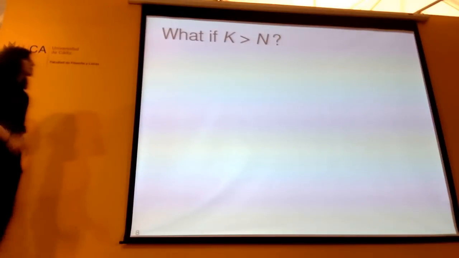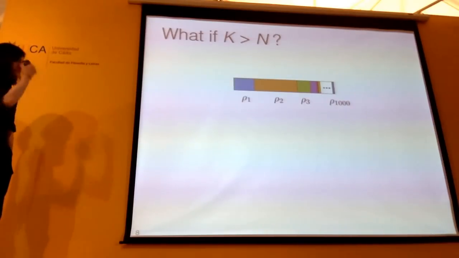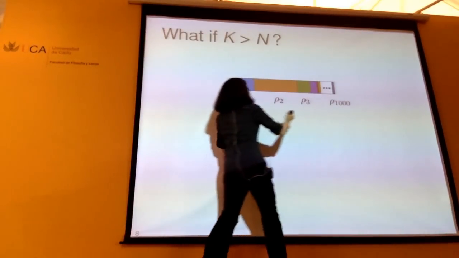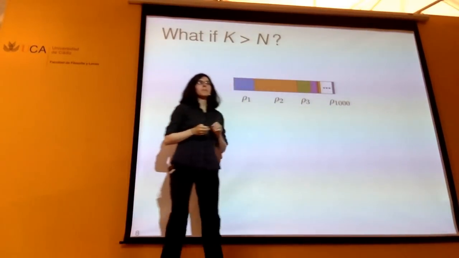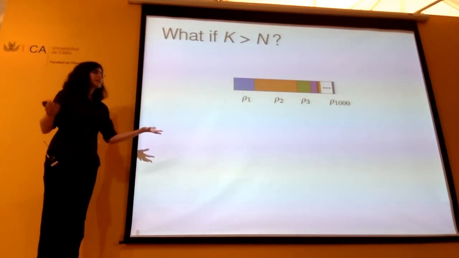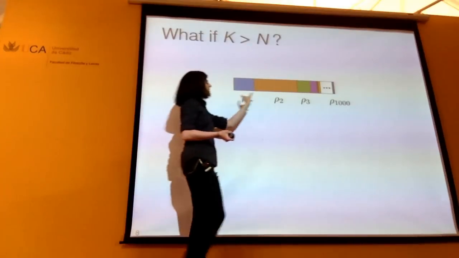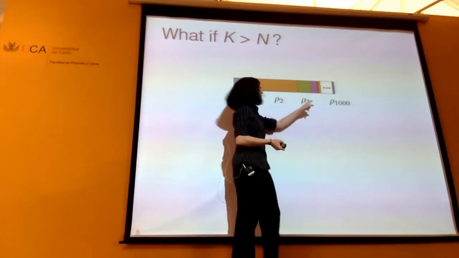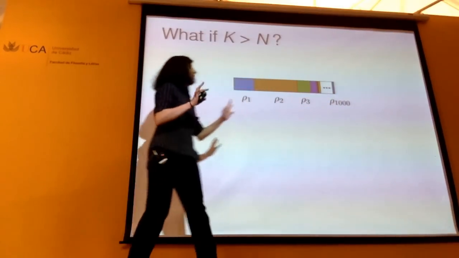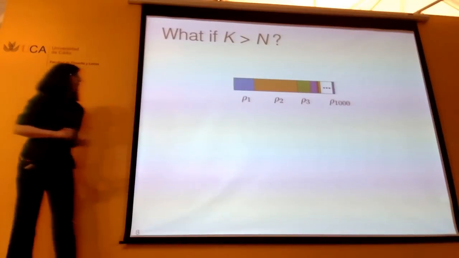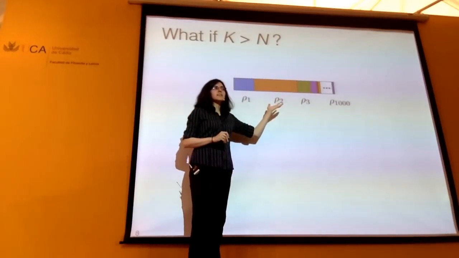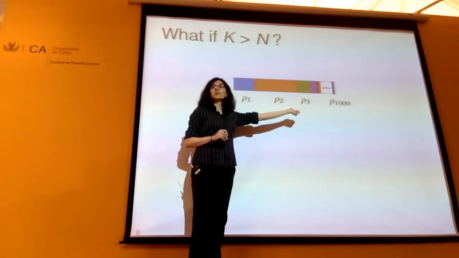Okay, so let's think a little bit more about this case. So, I've been drawing this cartoon of the unit interval from 0 to 1. And I've been saying, okay, we have these probabilities of the clusters, and they add up to 1. And so I can draw them as these subintervals within the unit interval. So here I'm just putting dot, dot, dot, so I don't have to draw all 1,000 of them. But I will draw all 1,000 soon. And so in this case, if I have, say, 20 or 30 data points like I did on the previous slides, then there's just no way that I can fill up all these clusters.